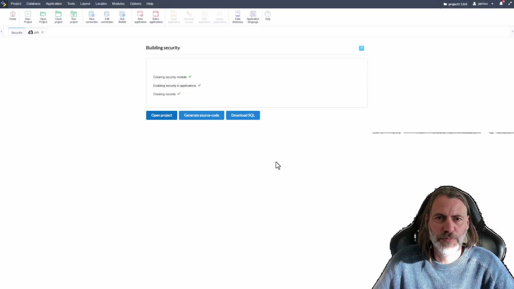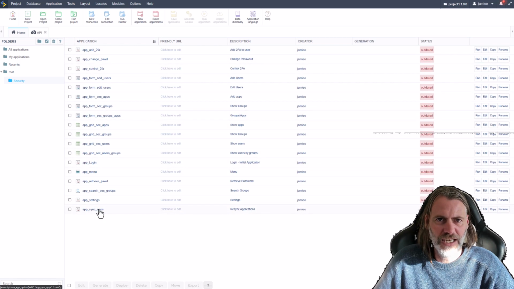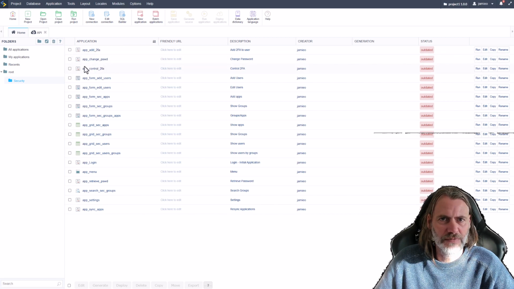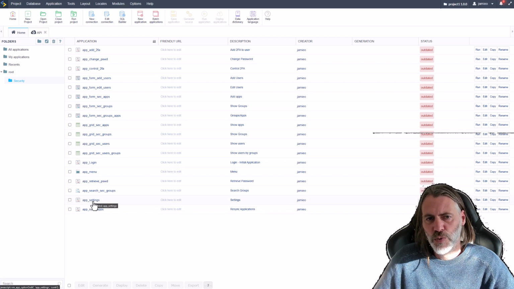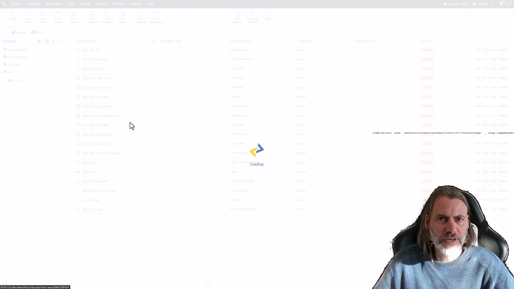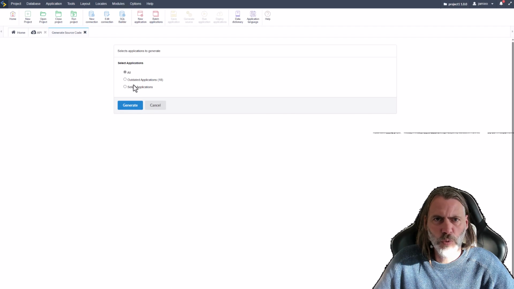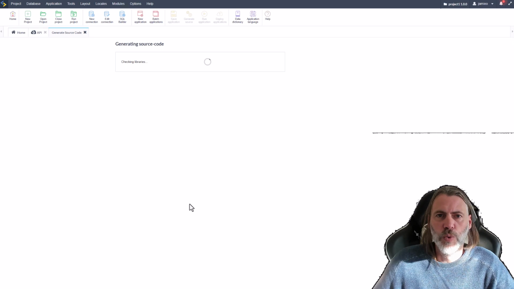Okay, so open the project. And now I have here all of the security applications. I think the app add 2FA is new. I don't think we had those before, as well as the control. Otherwise, all the other applications are the same. But of course, the settings app will be slightly different now when you run it. So if I go ahead and generate it, we can very quickly have a look at the menu